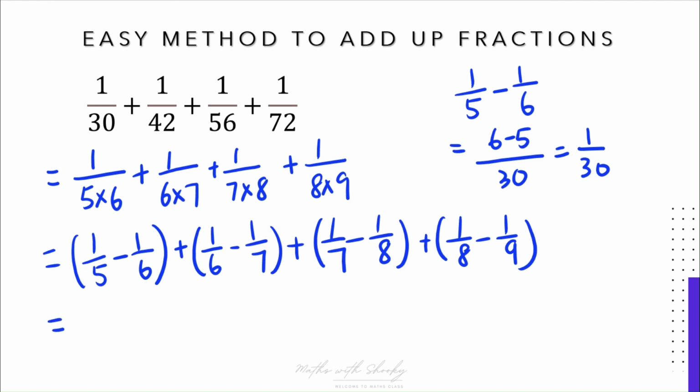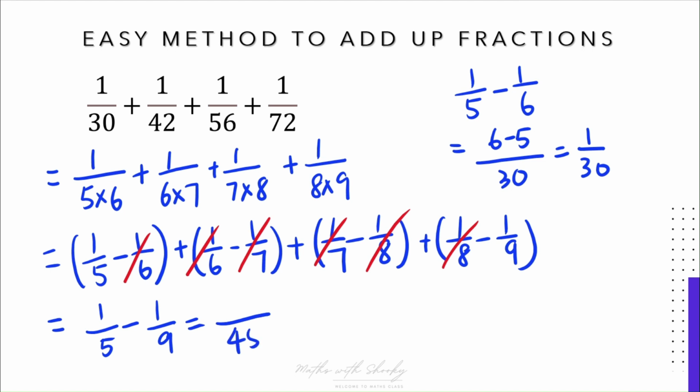In here, we can see that we can actually eliminate this: minus 1/6 plus 1/6. And yeah, just eliminate all of this. And what we are left with here is 1/5 minus 1/9. And the answer is